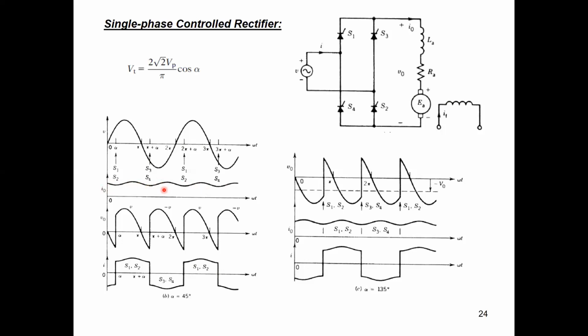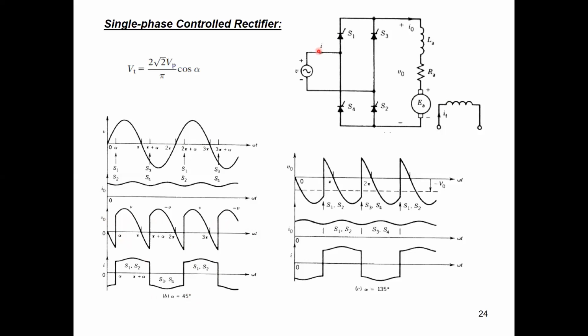And the output voltage will be in that shape. So this means also the average value of the voltage here will be positive. So we have positive average voltage and positive average current based on a certain firing angle. Here we apply the firing angle at alpha equal 45 degrees. If we would like to draw